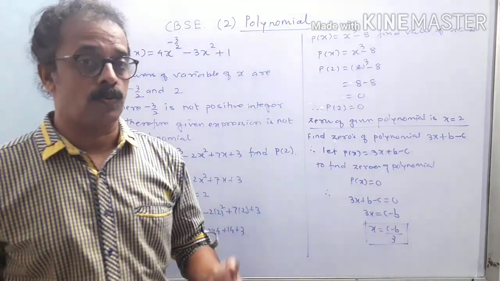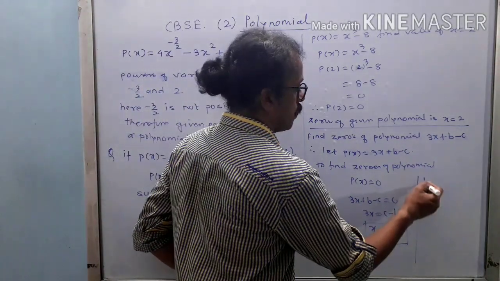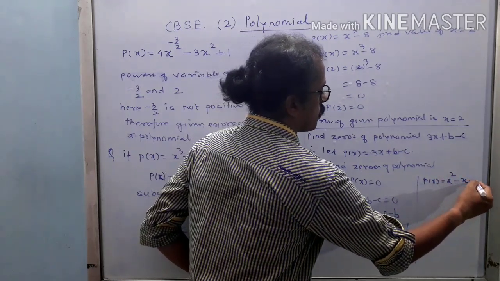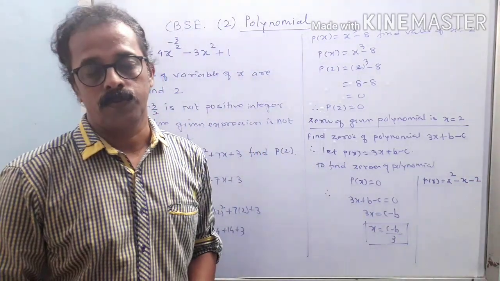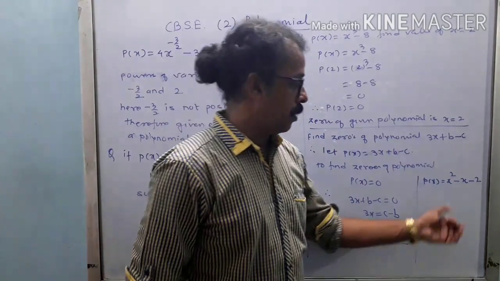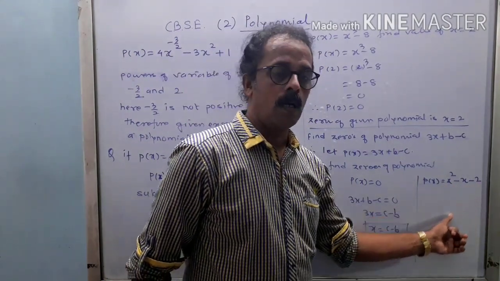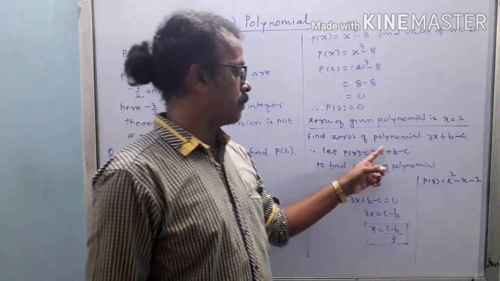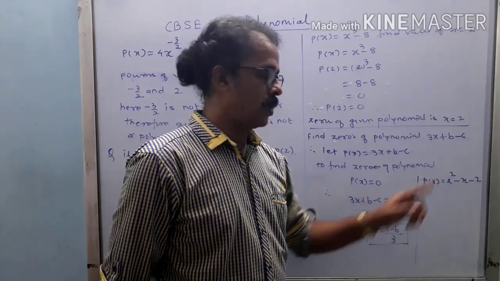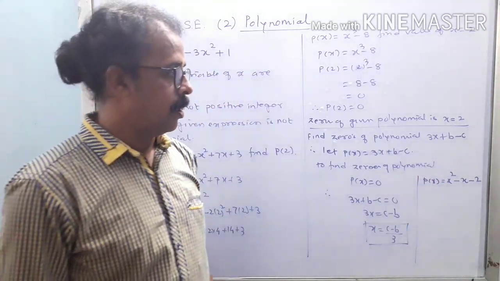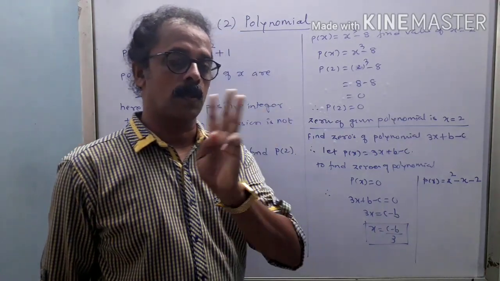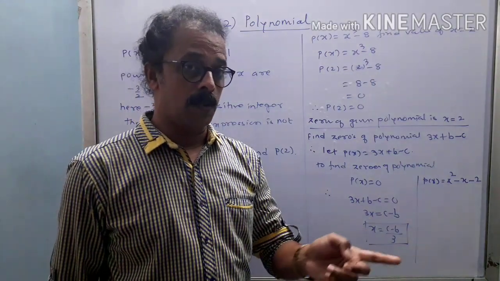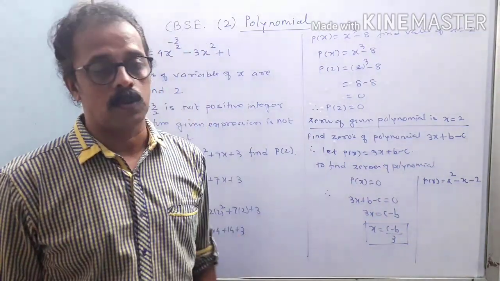Suppose there is a quadratic expression, p of x is equal to x square minus x minus 2, and we have to find the zeros of the polynomial. What I am going to do is factorize this expression and then proceed for two values of x, because it has degree 2. One thing you have to keep in mind: whenever a linear equation is given, you will get 1 zero. If a quadratic equation is there, then there are possibly 2 zeros. If a cubic expression is there, there are possibly 3 zeros. And if a biquadratic is there, there are possibly 4 zeros of the polynomial. They might be the same or they might be different depending upon the equation they gave you, right?